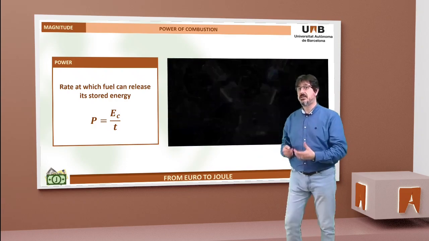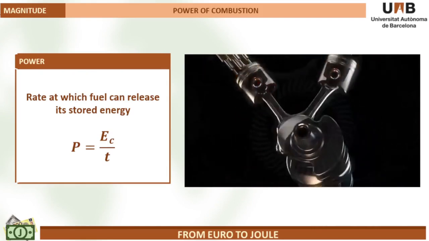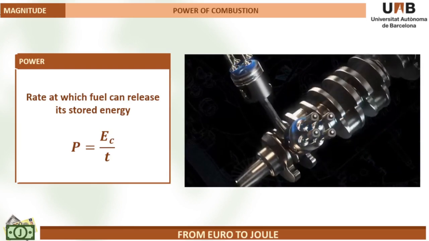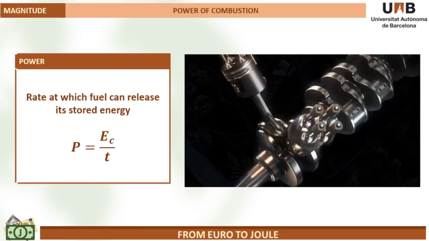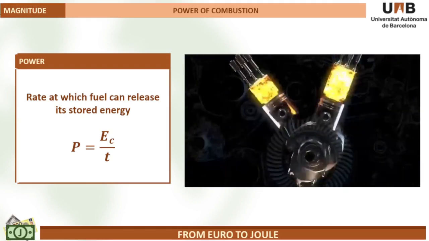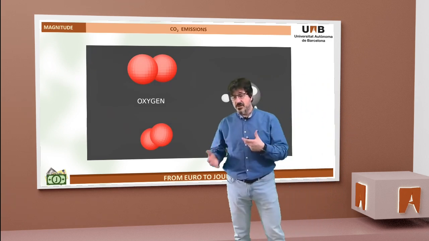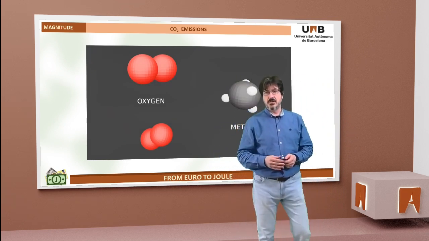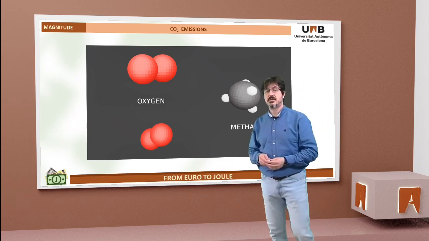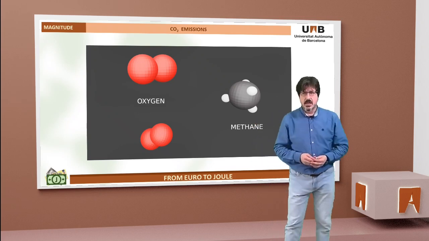And this is the second characteristic that makes gasoline so ideal to be used in transportation: the large power that it can give in the combustion of that substance. Okay, now let's study the worst of the properties of these fossil fuels, that they emit carbon dioxide, and let's study how to characterize the different fossil fuels.